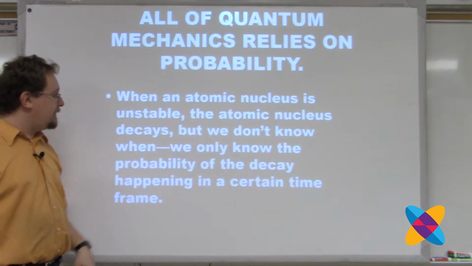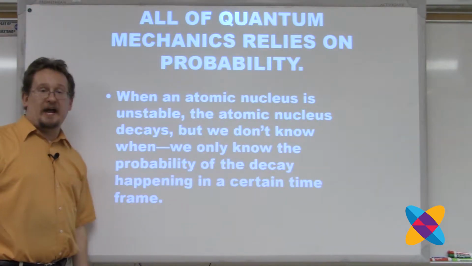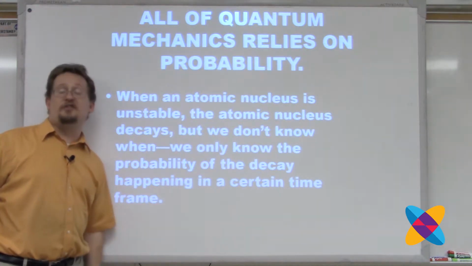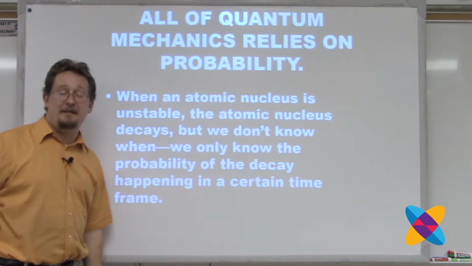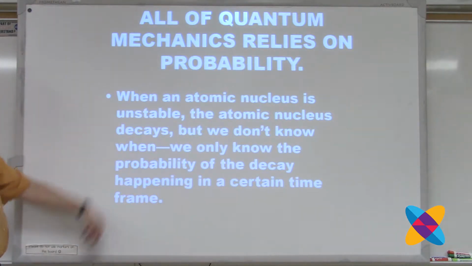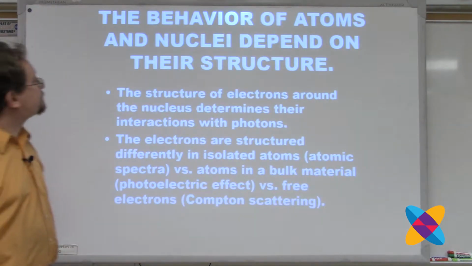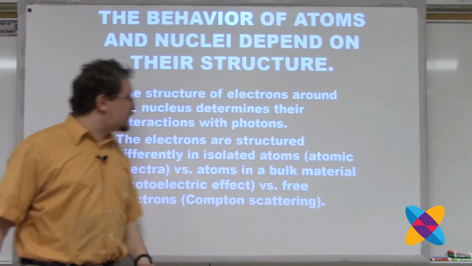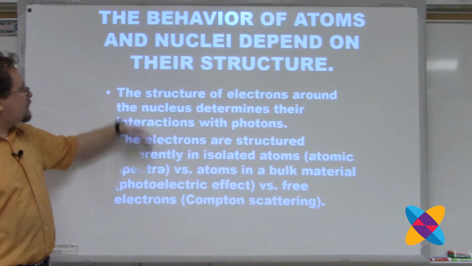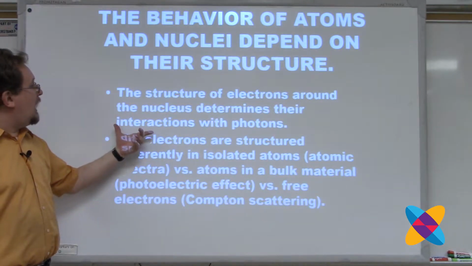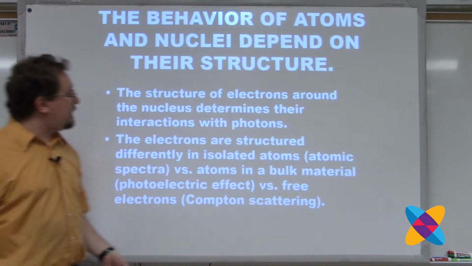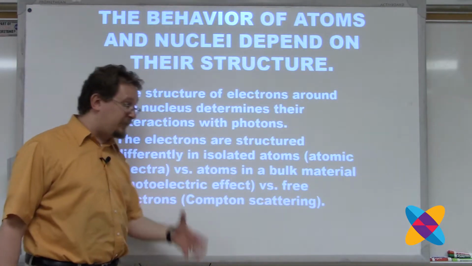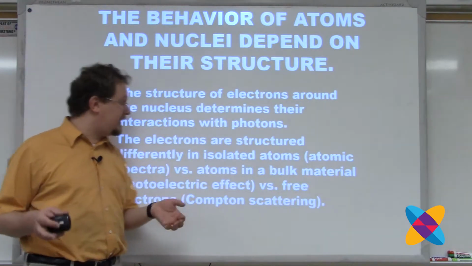We only know the probability of the decay happening in 1 second, happening between 1 and 2 seconds, happening between 1 or 2 years from now, happening in the next nanosecond. I can only tell you the probability of each possibility. And of course, the behavior of atoms and nuclei depend on their structure. The electrons around the nucleus determine how the electrons interact with photons. The structure of the electrons, the orbitals, determine how the photons, whether they'll be absorbed or emitted, or if they'll